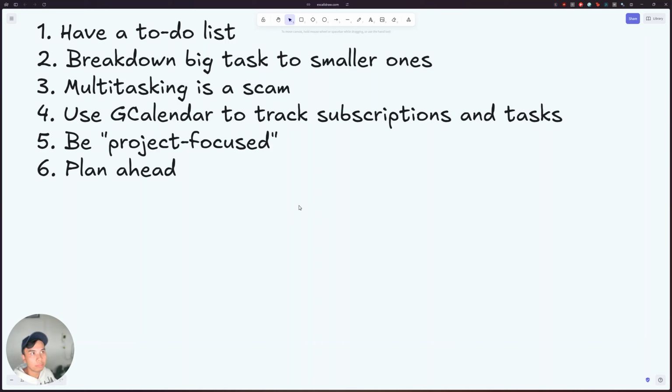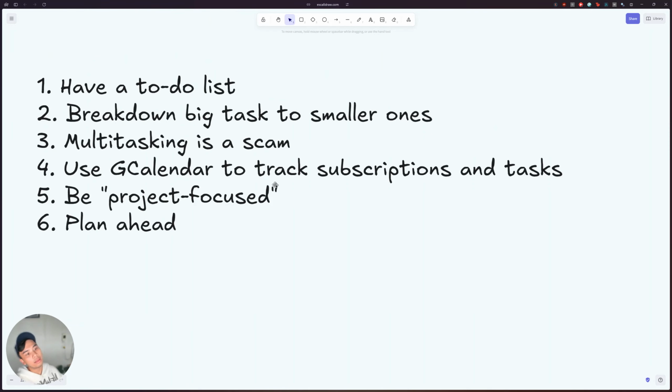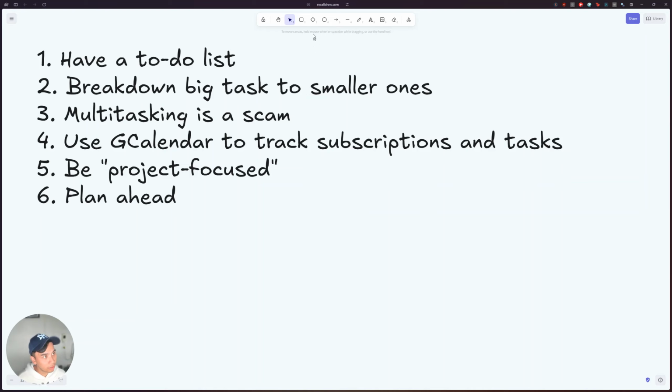We're overwhelmed because we don't know the scope. We don't know how big the task is. And the way that I am able to overcome that is just by utilizing board creation tools or diagram creation tools, such as this one, Excalidraw. So this is a free tool.